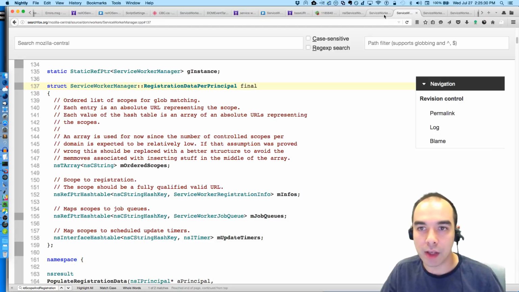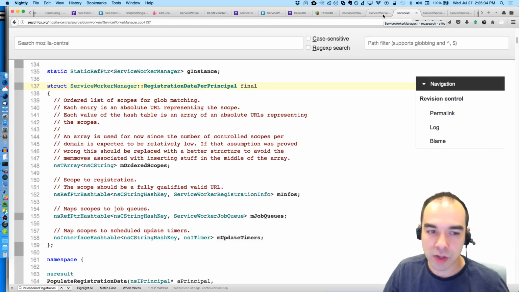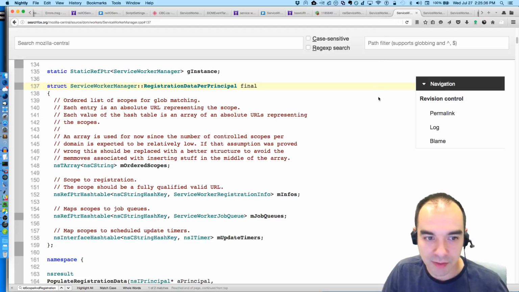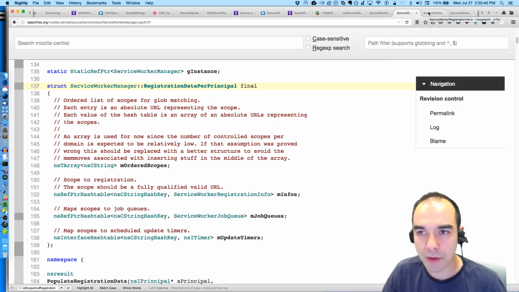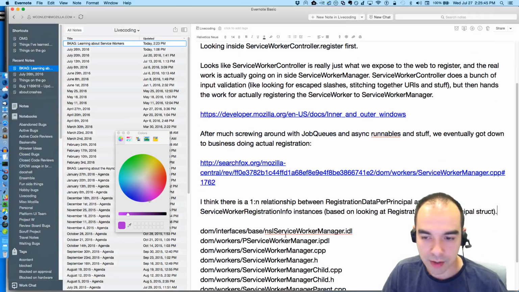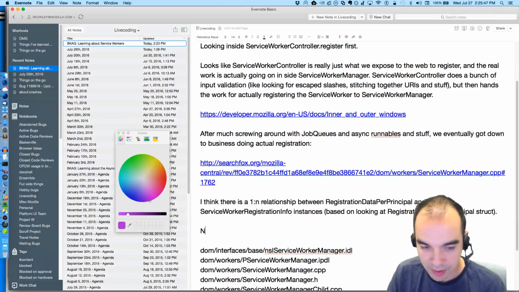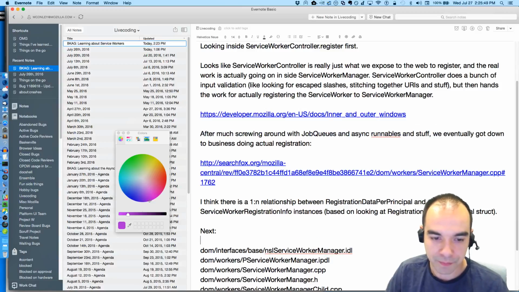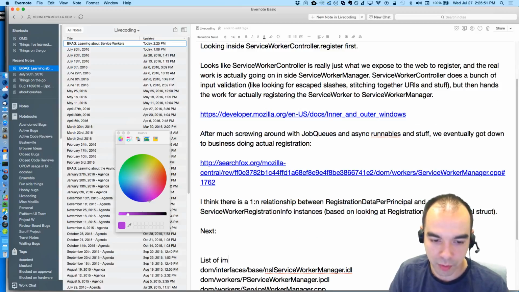And maybe next week we can go into some of the other... Like, I don't know if we fully understand how registration works. We kind of got down into the guts of it, and we know that these certain structures are being sewn together. I don't think we have a real great grasp on how it's all related. Maybe next week, or next time we do this, this is just like list of important files.